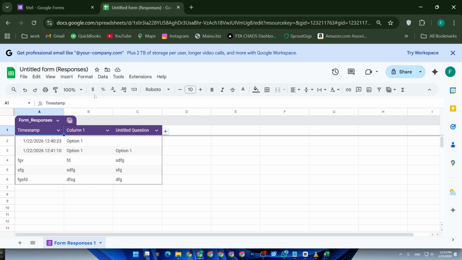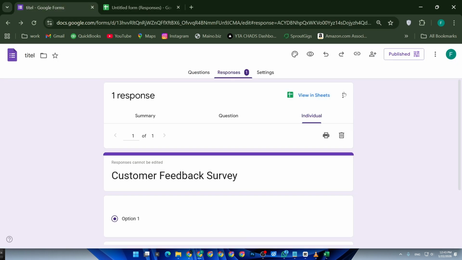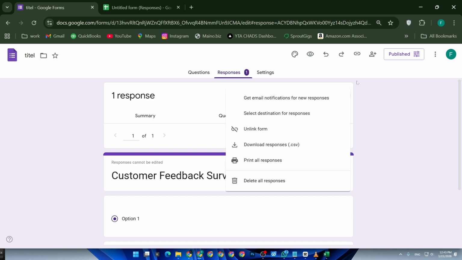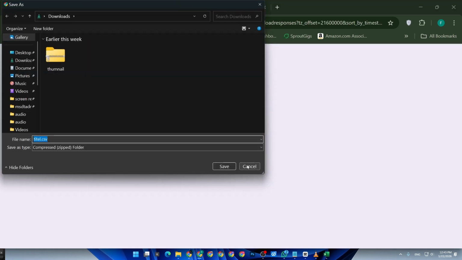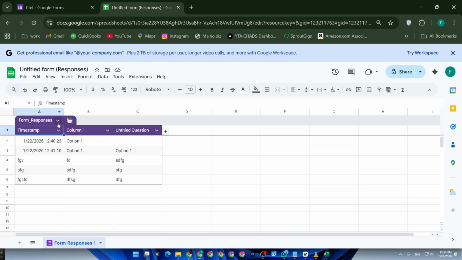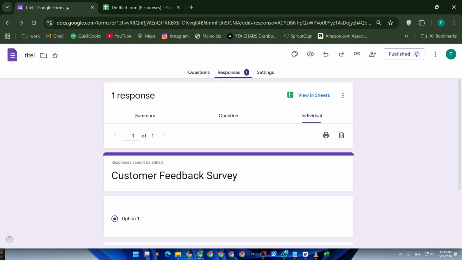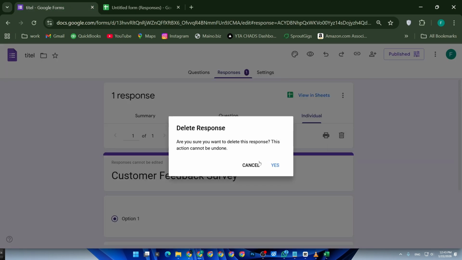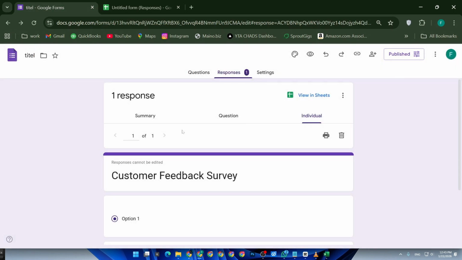Another useful option is downloading the responses as a CSV file. In the Responses tab, click the three-dot menu and select Download Responses. This can be especially helpful if questions were deleted because the CSV file may still contain the raw data, even if it looks unorganized. If the linked spreadsheet itself was deleted from Google Drive, you won't recover old data, but